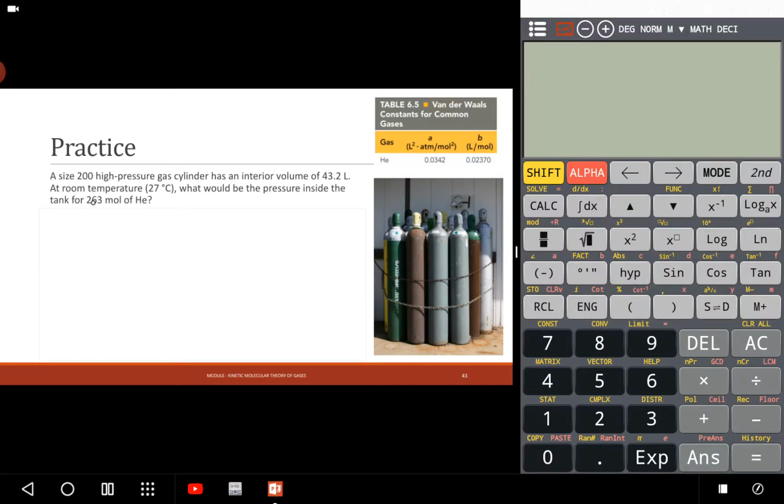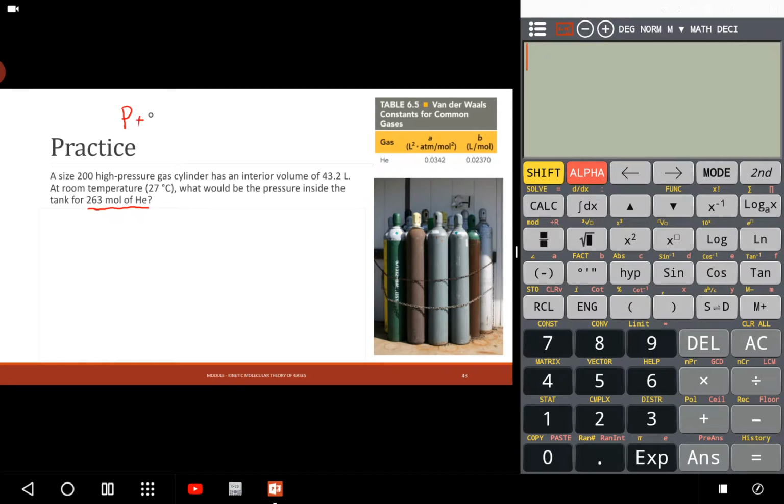At room temperature, which is 27 degrees Celsius, what would be the pressure inside the tank for 263 moles of helium? Let's find out. So we have our equation, which is our P